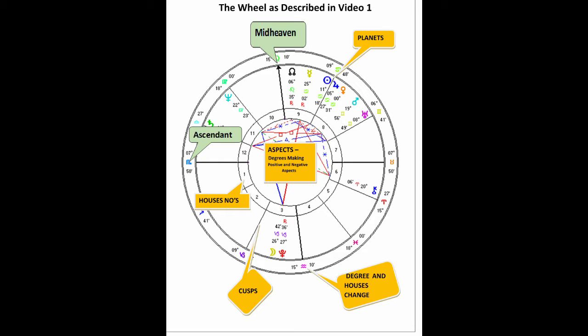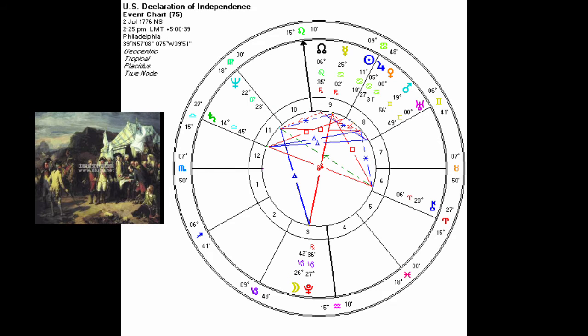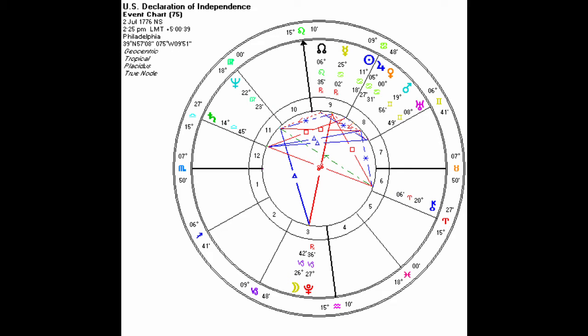The wheel you see on the screen is the US Declaration of Independence, the time of that declaration. The date was given to me by referring to the runes and the time, because it took 2 days for the declaration to be confirmed, but initially was on the 2nd of July. It's called a natal chart,